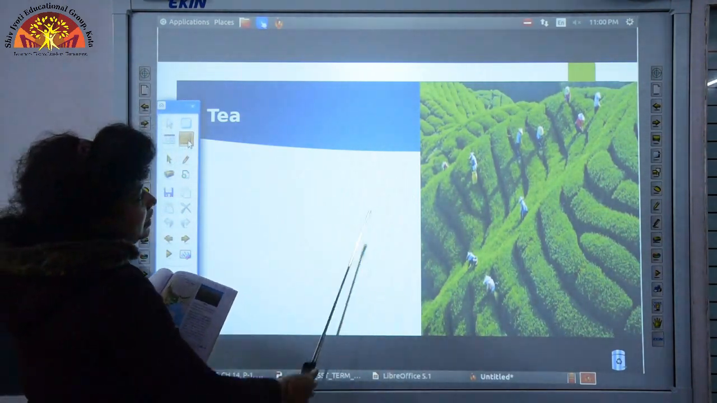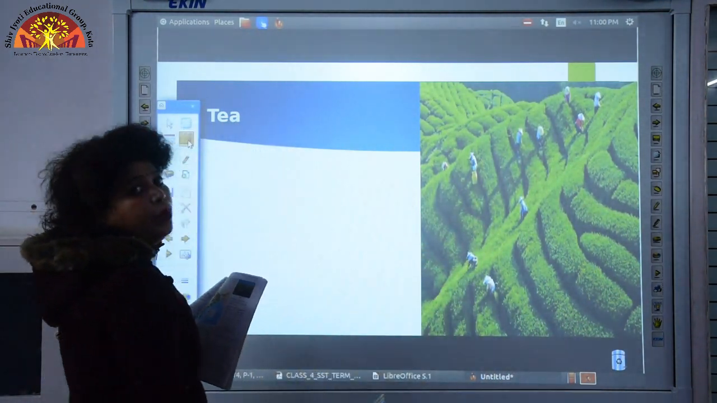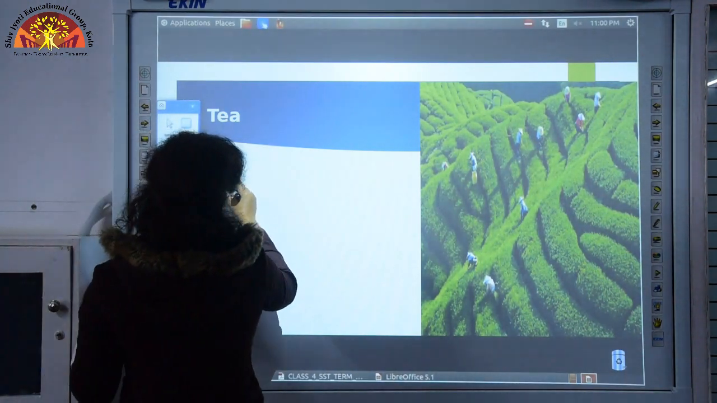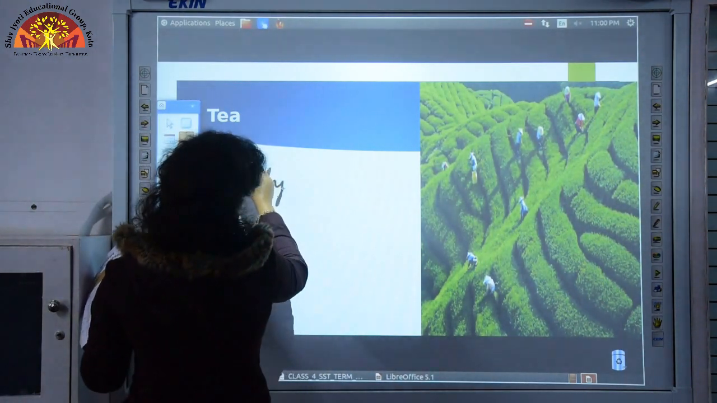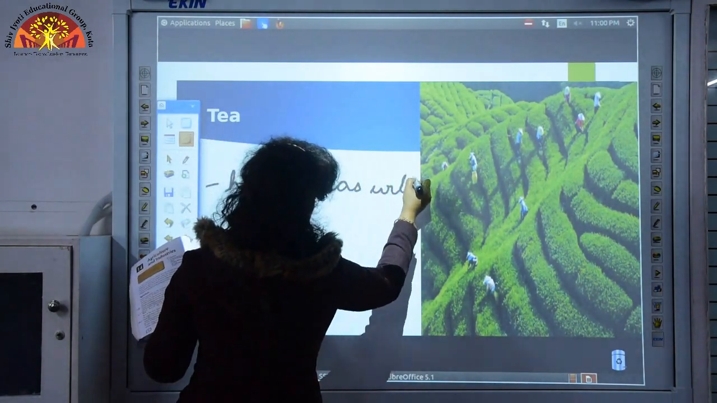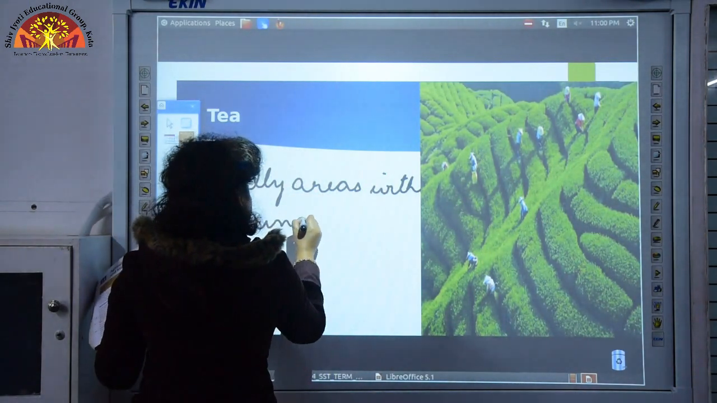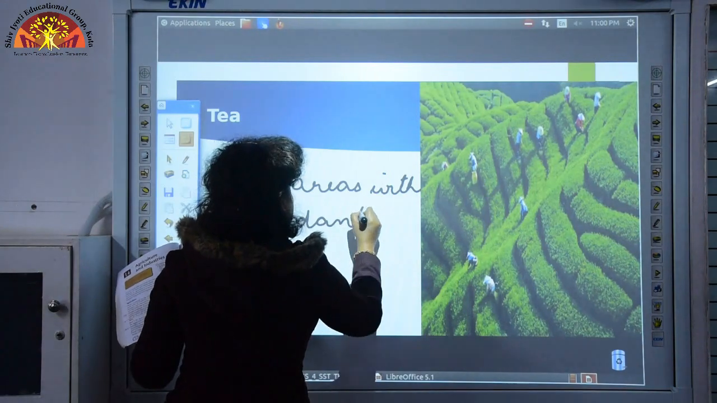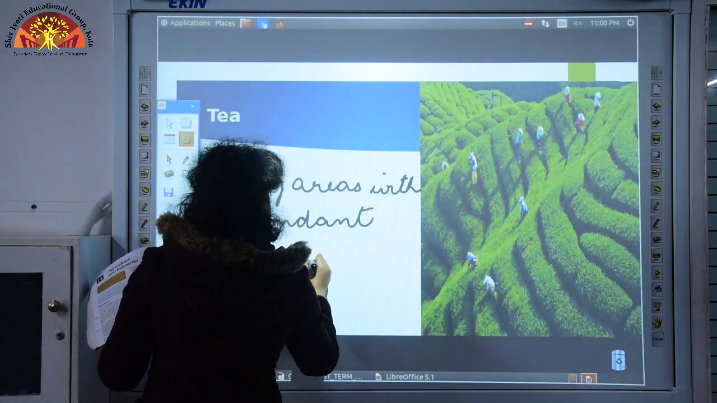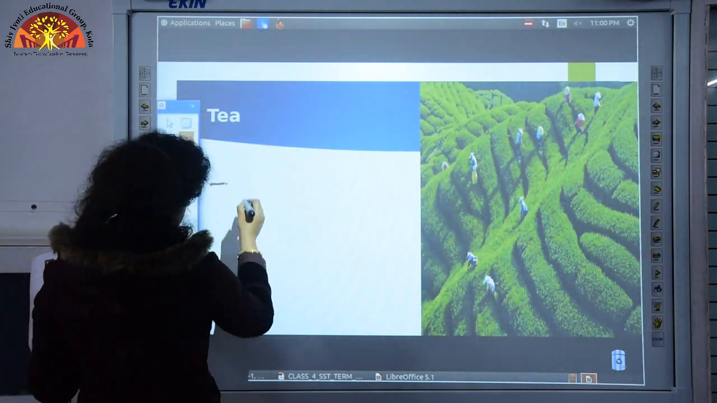As you can see here, tea is basically grown in hilly areas with abundant rainfall. So, tea grows best in hilly areas with abundant rainfall. Okay. It is grown in the states of